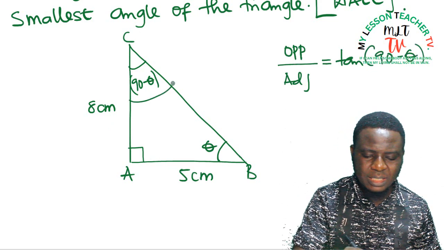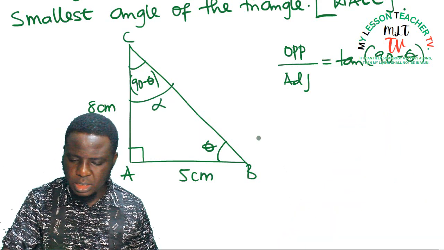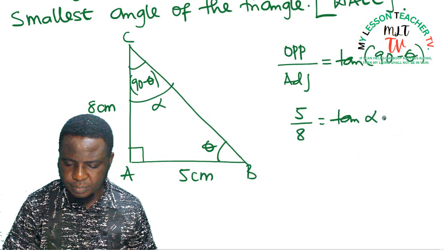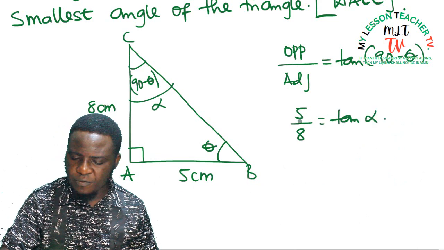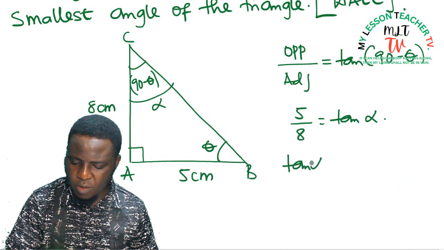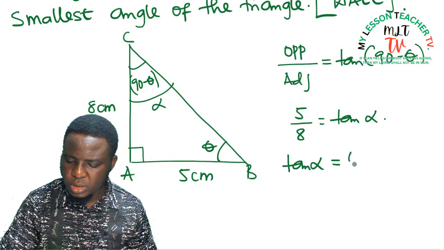Let's call tan of 90 minus theta alpha, so that we can say 5 over 8 is equal to tan alpha. So if 5 over 8 is equal to tan alpha, it therefore means that tan alpha is equal to 5 divided by 8, which is